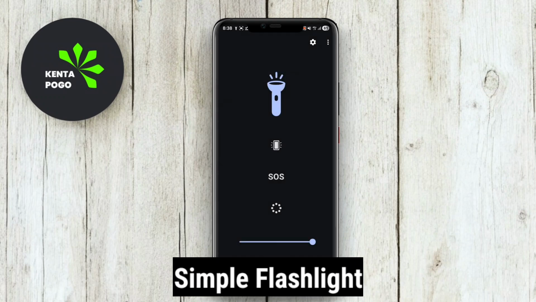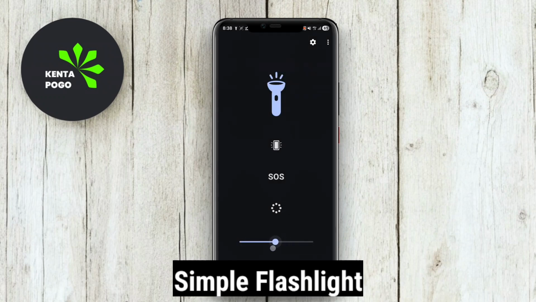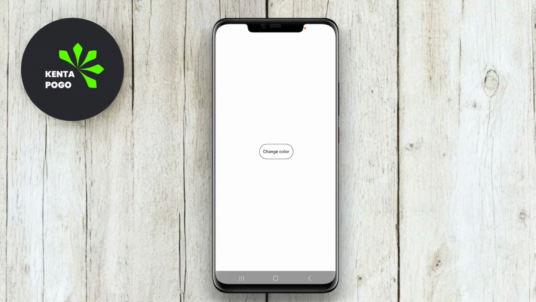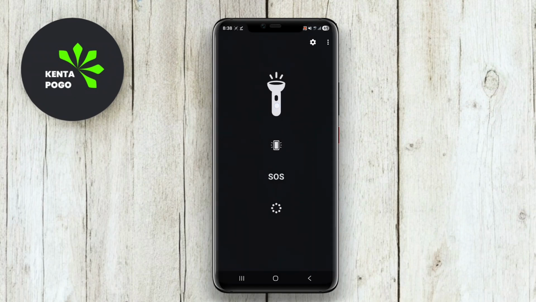Simple Flashlight. Simple Flashlight is an easy-to-use app that turns your Android device into a powerful flashlight with just a tap. The app utilizes the phone's built-in camera flash and offers a straightforward interface, making it accessible for all users. Besides the flashlight functionality, it includes additional features like a strobe light and adjustable brightness levels, allowing you to customize